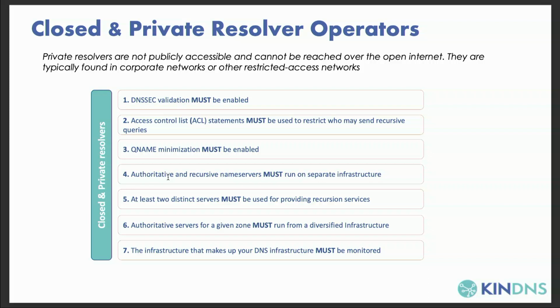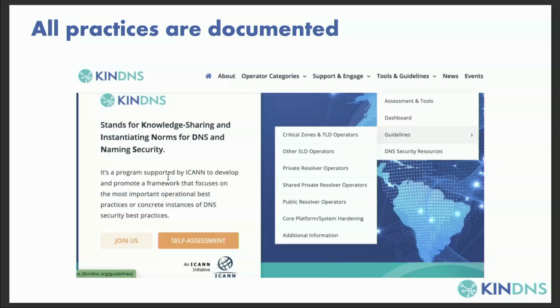ACL statements must be used to restrict who may send recursive queries. QNAME minimization must be enabled. Authoritative and recursive name servers must run on separate infrastructure. At least 2 distinct servers must be used for providing recursion services. Authoritative servers for a given zone must run from diversified infrastructure, and again, the DNS infrastructure must be monitored. All right, all these practices, we've documented them on the